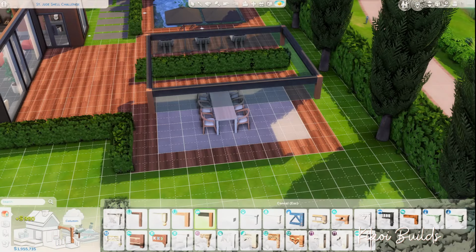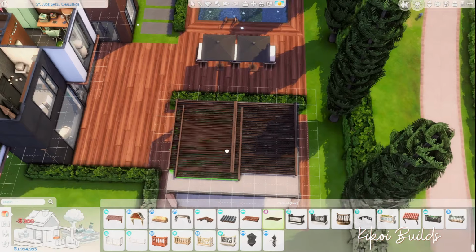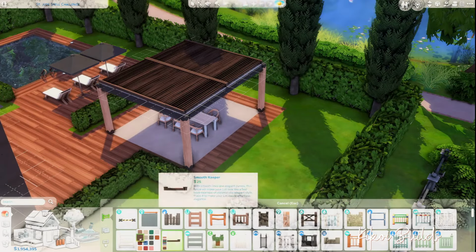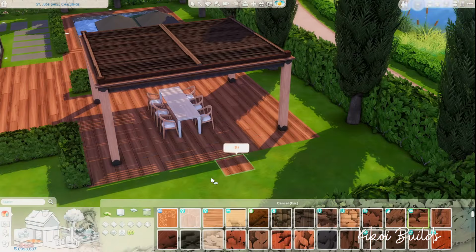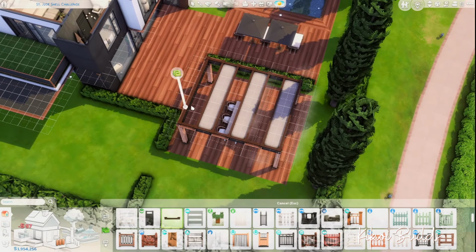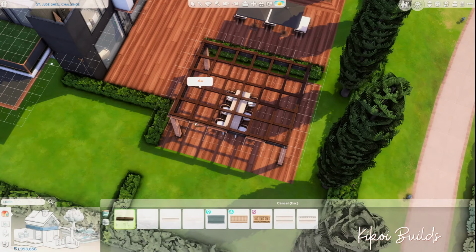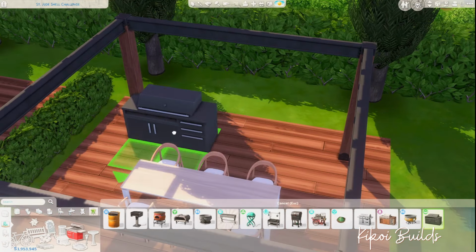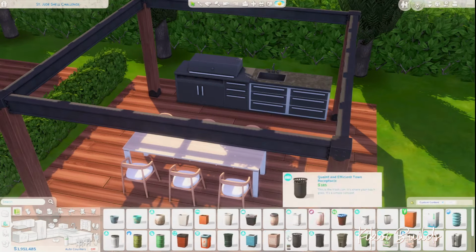I wanted to place a pergola, but all the pergolas that we have in game were too decorated. They had plants, they had flowers, they had too many decorations, something that doesn't go with the style that I wanted with this house, a modern home that was mostly simple and really modern. So I had to do my own pergola using the fences on the roof, with those 4 columns and beams, and voila, we have a very nice little pergola where I placed also